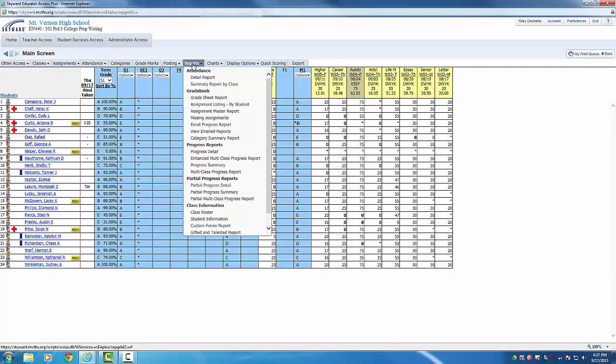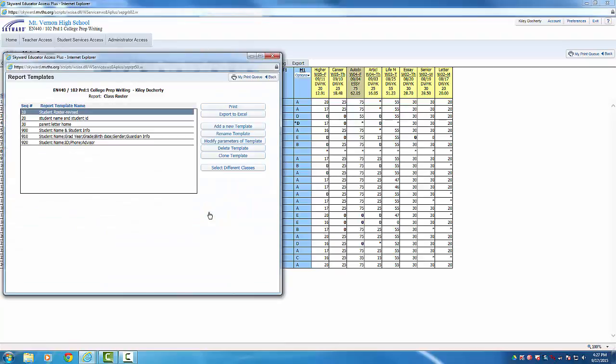I'm going to go to Reports, all the way down to Class Roster. Most of you, if you haven't created a report before, won't have any reports in here. There are a few in this teacher's reports. So I'm going to create a report. I'm going to add a new template,